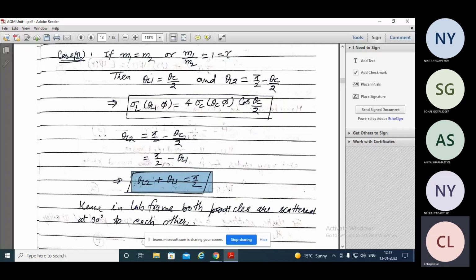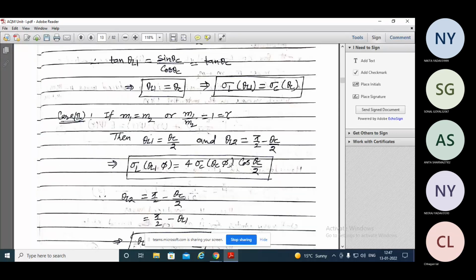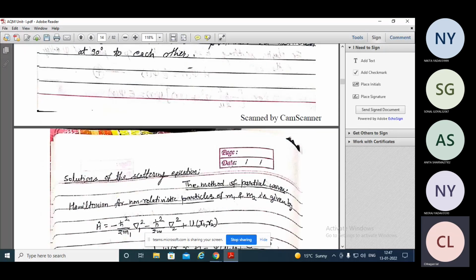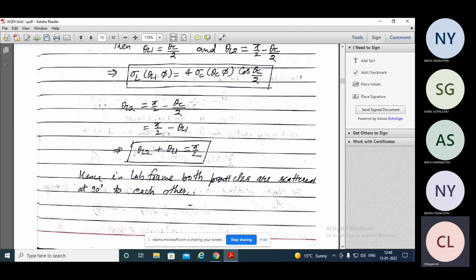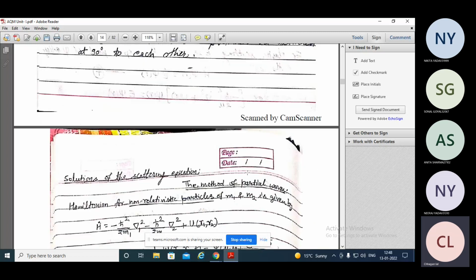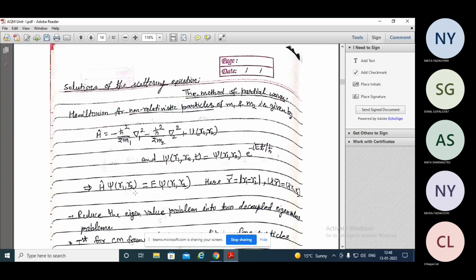थीटा L1 प्लस थीटा L2 बाई टू, दैट मींस इन लेबोरेटरी फ्रेम both particles are scattered at 90 डिग्री टू ईच अदर। तो जो 90 डिग्री टू ईच अदर वाला सिस्टम है वो मैं पहले ही समझा चुका हूँ, आज सेकंड टाइम भी समझाया है। लेकिन जो हमने होम असाइनमेंट दिया है, आप उस होम असाइनमेंट को कंप्लीट करें, उसके बाद नेक्स्ट टाइम से नया सोल्यूशन करेंगे।